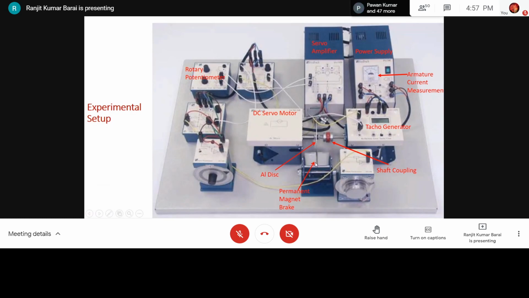So if I allow the disc to penetrate more and more inside the flux applied by this permanent magnet, there is more load torque. That means torque opposing the motor torque will be generated. More and more loading can be applied on the motor shaft just by allowing the magnet to pass more flux through this disc. This structure is movable, and by moving it, we can vary the torque. So this is the entire system that we are going to use.